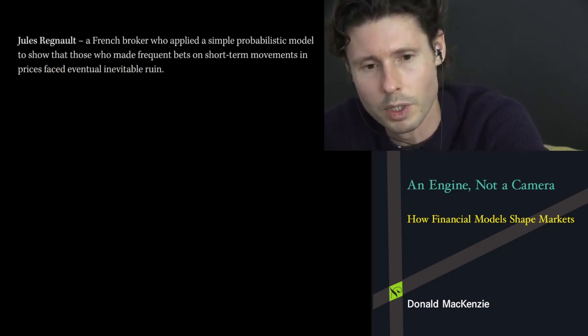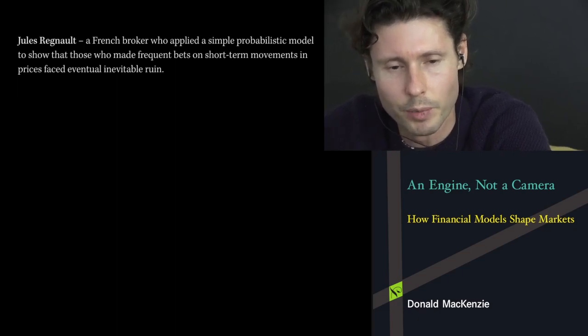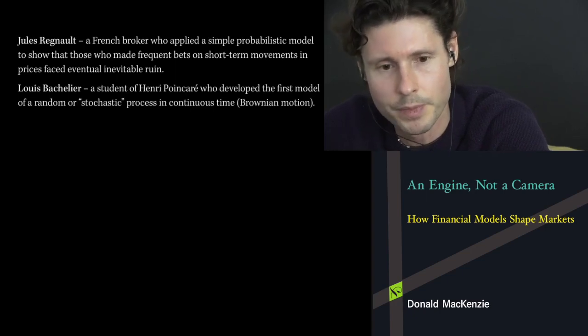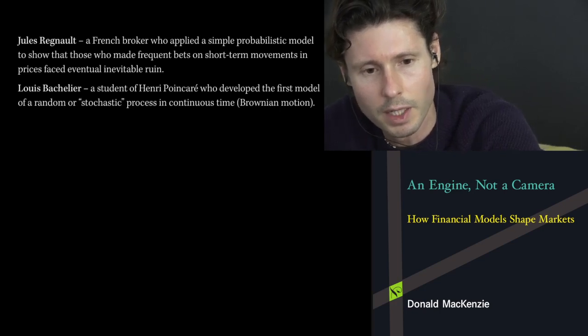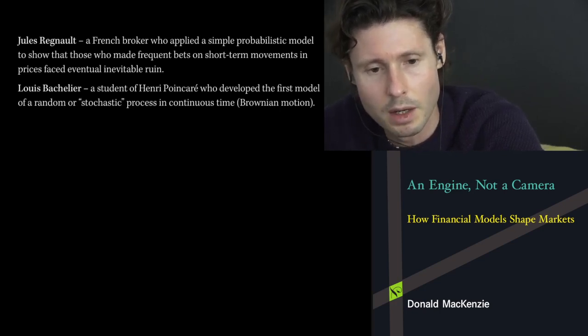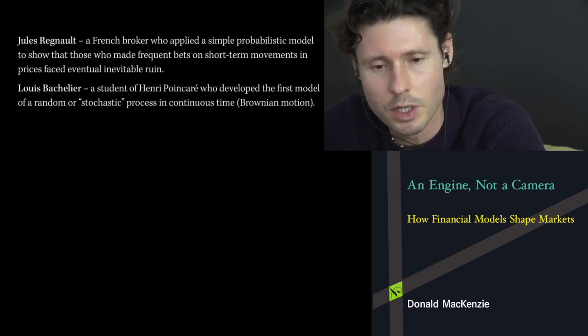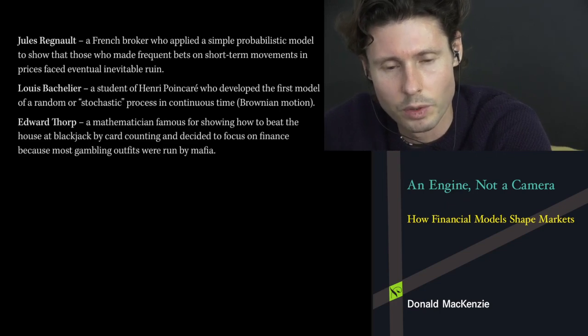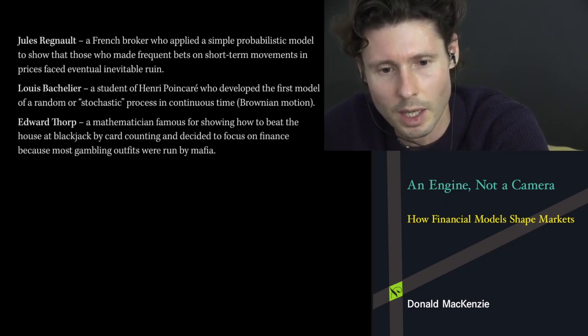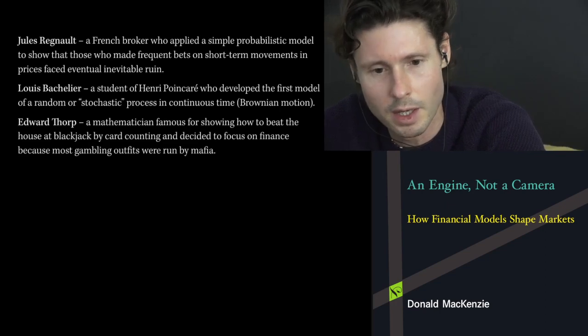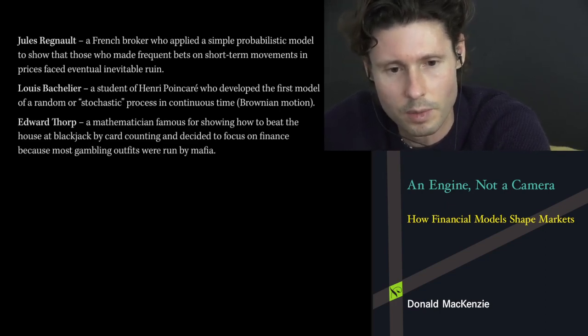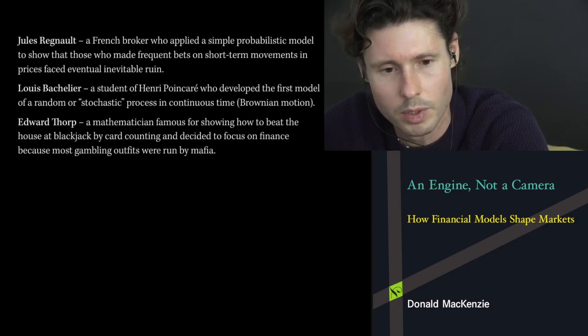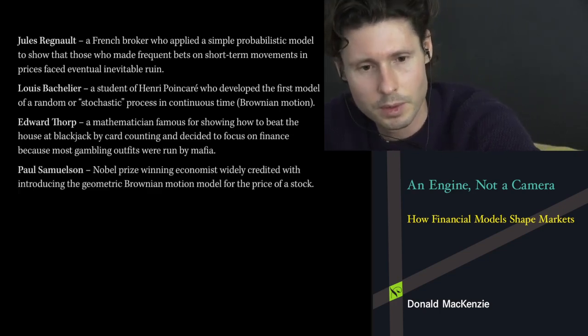He's a French broker and kind of an amateur mathematician who came up with perhaps the very first mathematical model for stock price movements. There's Louis Bachelier, who's perhaps the originator of mathematical finance as we know it today. He's also often credited with the invention of the Brownian motion, although some would disagree. Edward Thorp, a mathematician and a gambler who worked in finance after gambling became a little bit too dangerous for him. I think he was poisoned at a poker table or a blackjack table at some point.